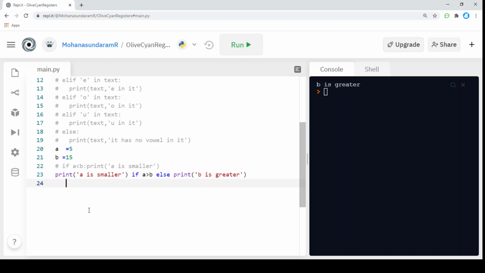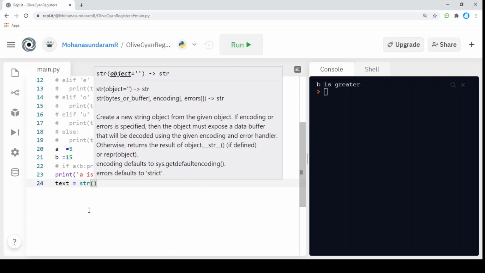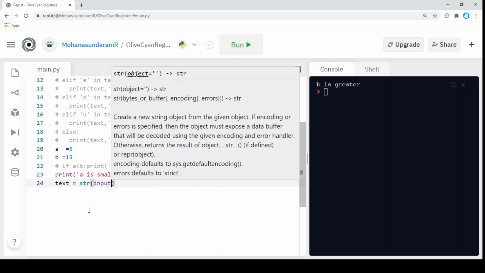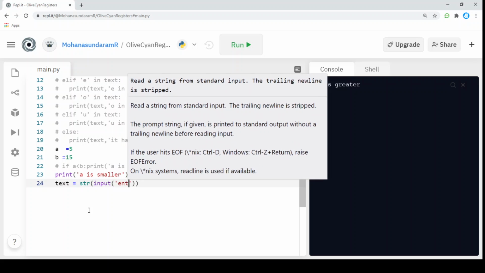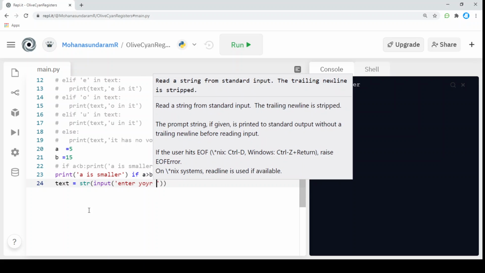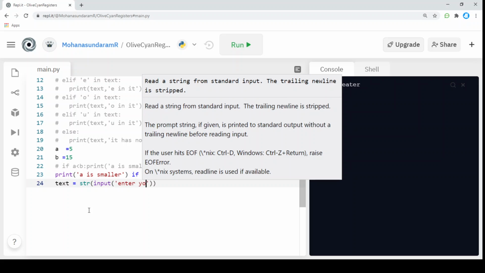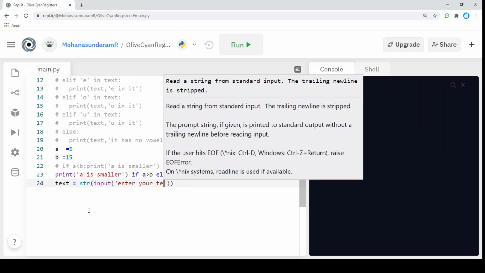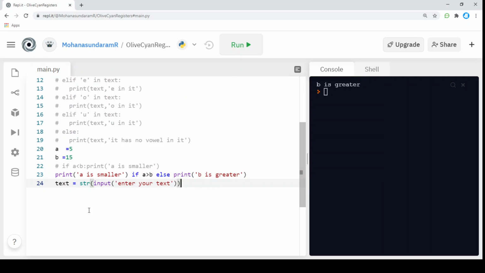With the example, I'm going to take an input from a user as text. It's going to be a string value. I'm going to pass my condition first.